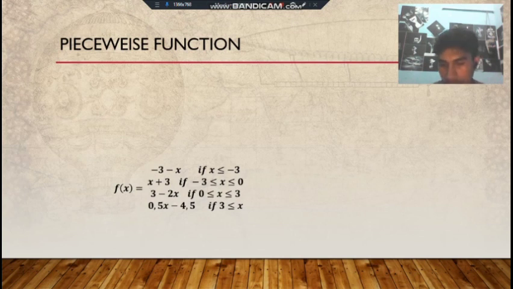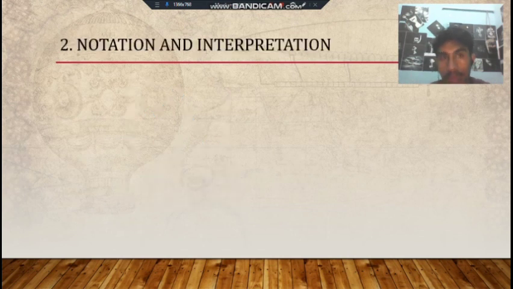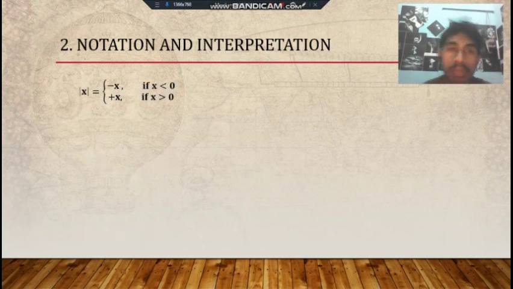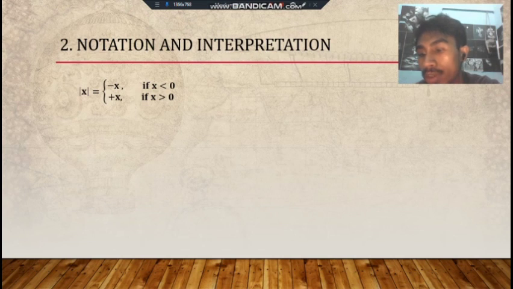Next, the graphic. Notation and interpretation. Piecewise functions can be defined using the common functional notation, where the body of the function is an array of functions and associated subdomains. The subdomains together must cover the whole domain. Often it is also required that they are pairwise disjoint,